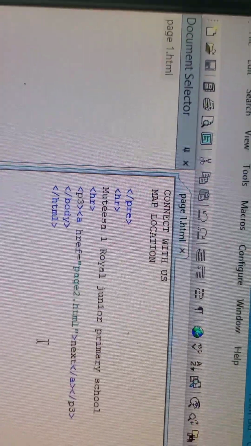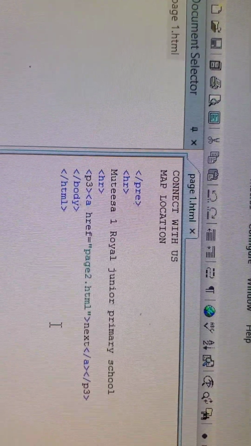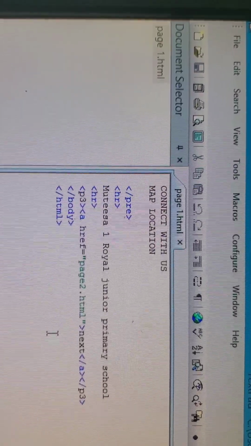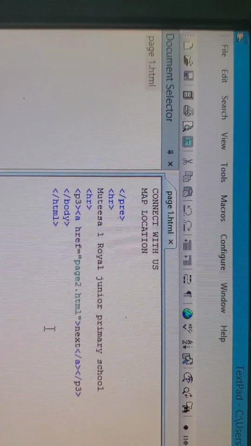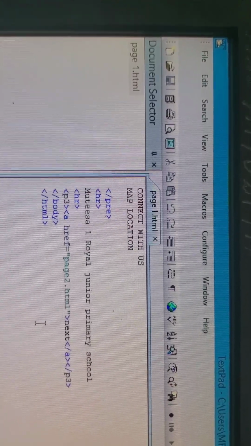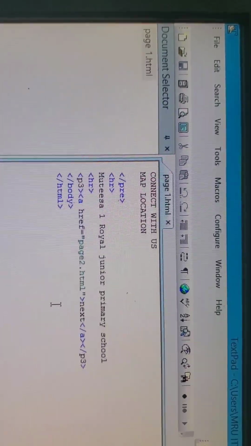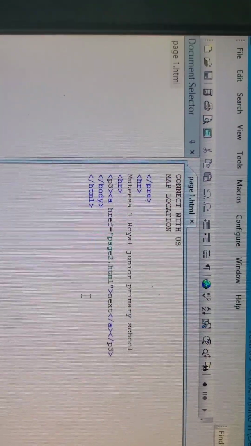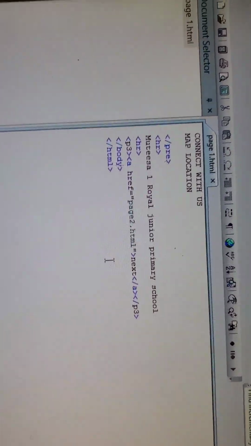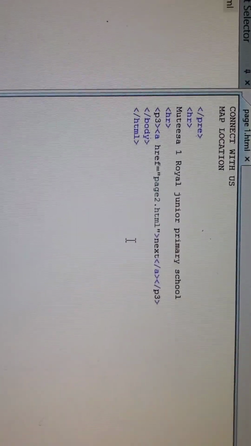Remember, we save .html because HTML stands for HyperText Markup Language, which describes the structure of web pages using markup. Elements are the building blocks of HTML pages, and they are represented by tags. Remember, with tags, we open a tag and we close a tag. So for a link, we use the tag A,